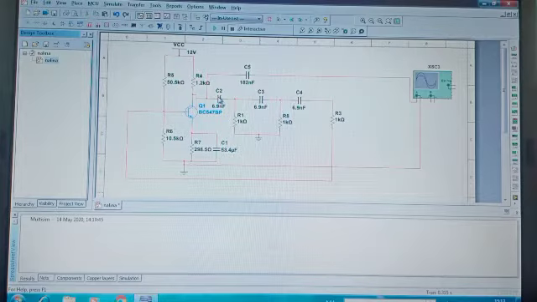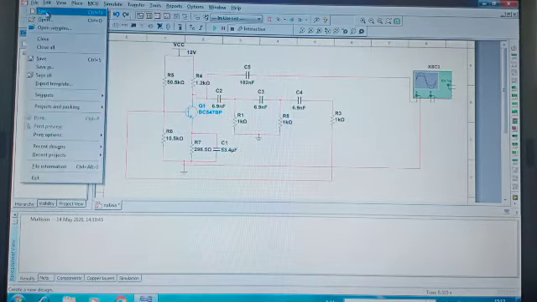Since it is our first experiment in the simulation, let me start with how to place the components and how to make connections. This is the schematic for the RC phase shift oscillator. Now I will clear all these things and start from the beginning.